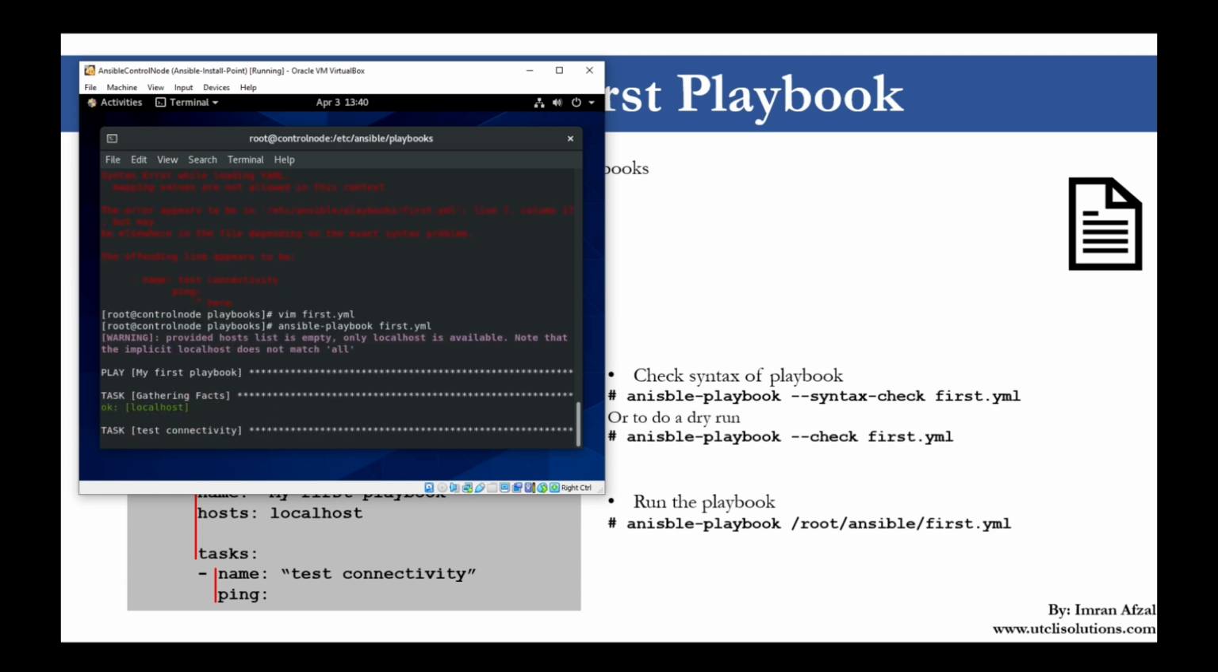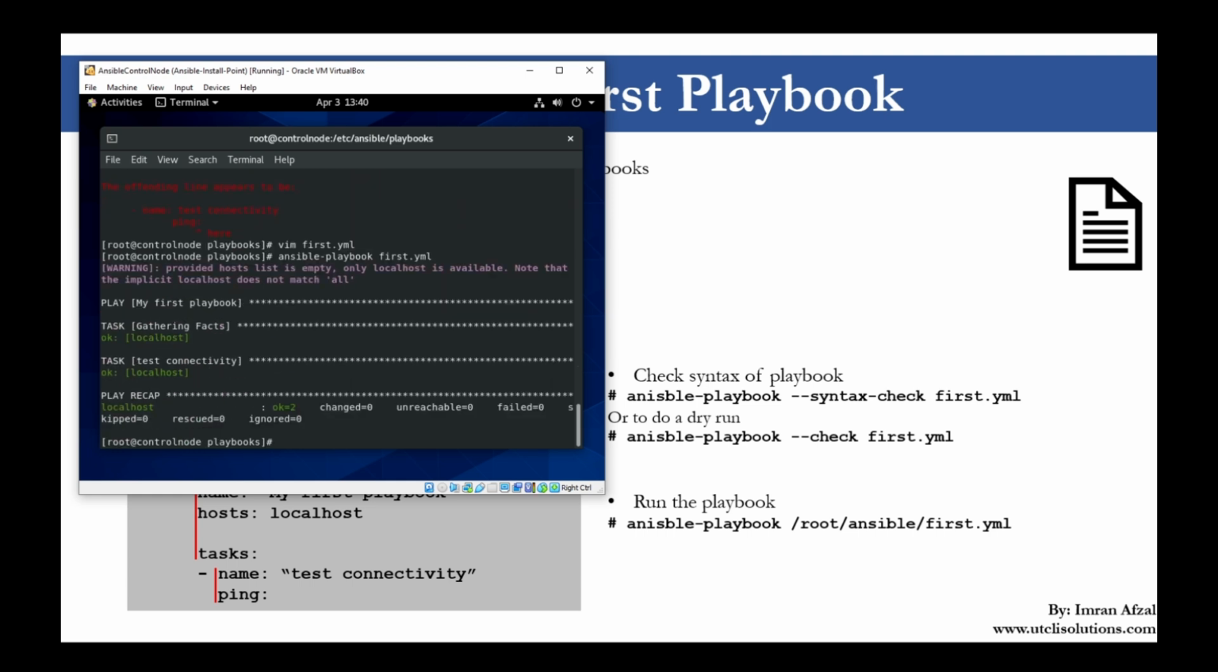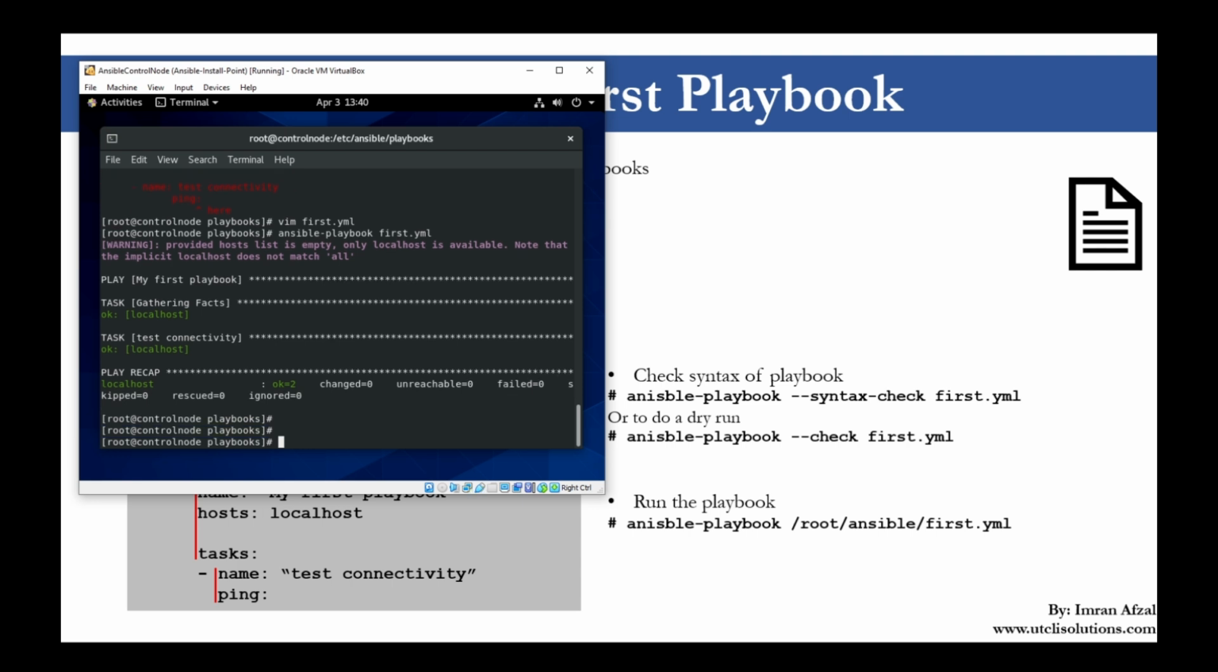There you go. See, it is running fine. There are no issues. Beautiful. All right, so that's what our first Ansible playbook is. Now we wrote the playbook, but if you didn't want to write the playbook, if you remember,